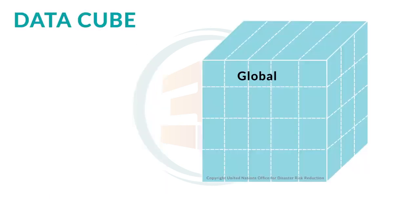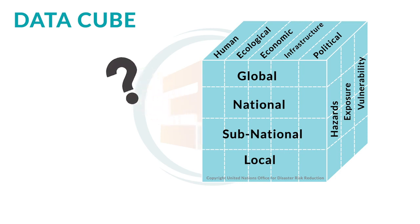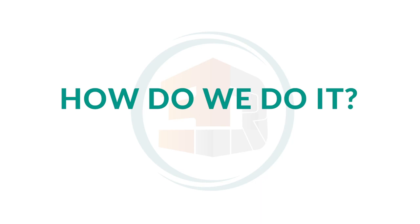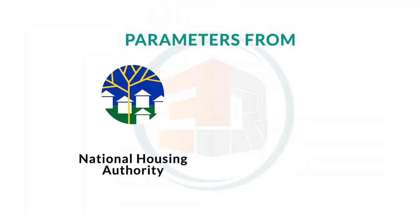Looking at this figure, we see the value of having our data in an integrated system to strongly support sophisticated risk assessments. Through this framework, we could answer an important question. Where is the most suitable site for a housing project given X, Y, Z, and other parameters? But how do we actually do it? We do it by using site suitability models through GIS, utilizing parameters used by the National Housing Authority for now,